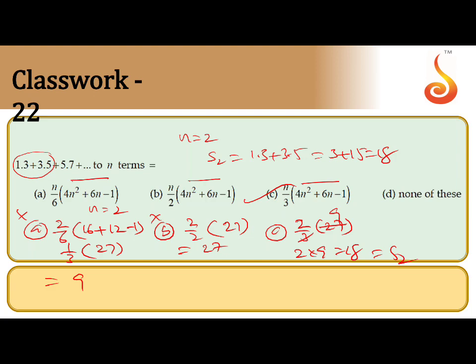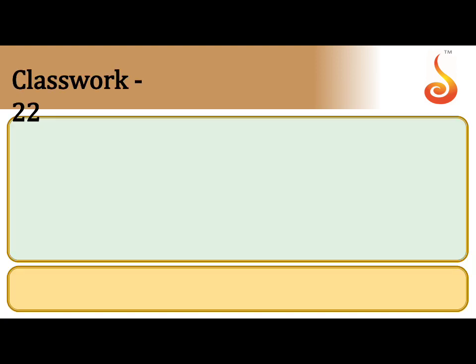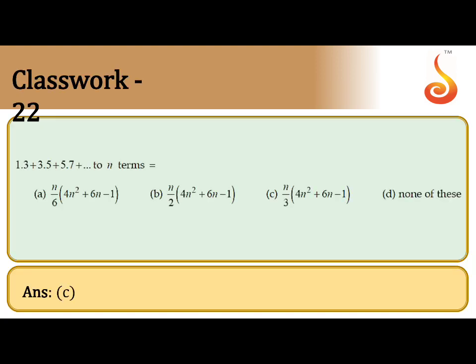That is the way to apply the verification method. This is a very easy method to find the sum of n terms of any given series without using any formula. Go for verification. Assume n equal to 2, S2 means the sum of the first two terms. In the options also we want S2, so substitute n equal to 2. Which option is matching with 18? That answer you can take. In this case, the same method you can follow. Any question which asks this, you can solve it. Check the answer. Option C is correct.